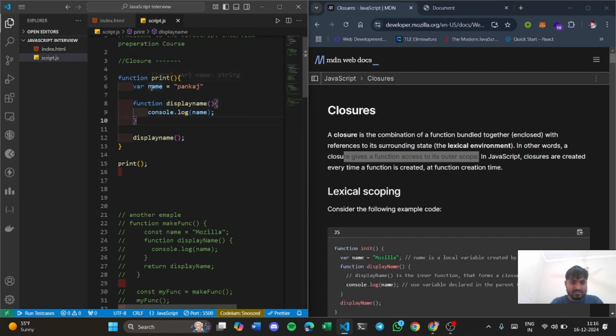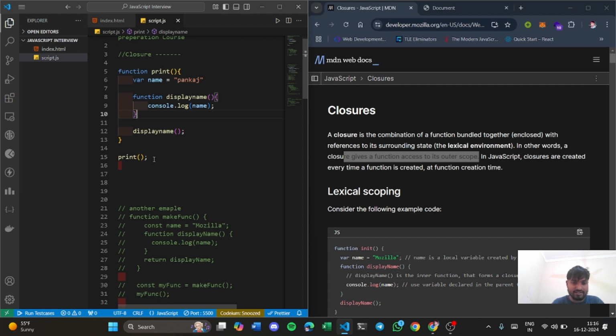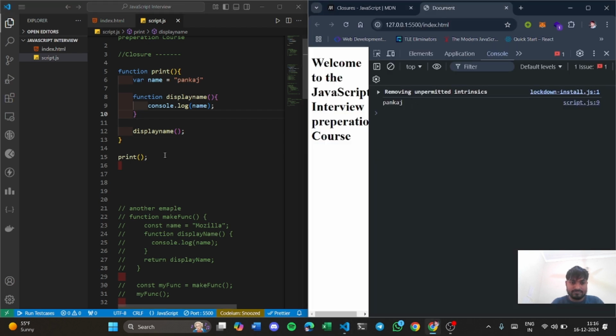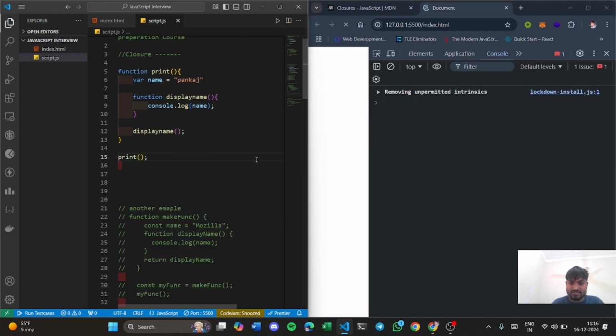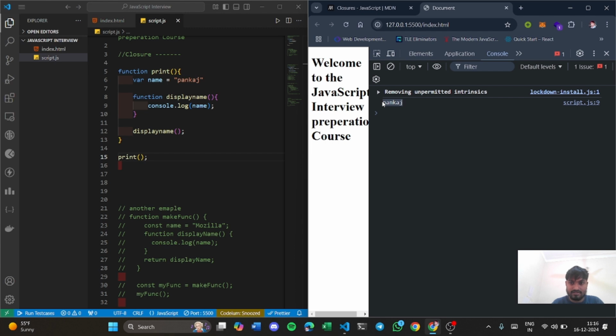So when you created this function and created this variable named name, and as soon as you create a function here, a closure is created and you gain access to this variable named name. In layman's terms, this is called a closure. Let's see what gets printed when you call this function. So again, let me call this. You can see here you are getting access to the variable Pankaj, and you are getting access to the variable of this function's local scope with the help of closure only.